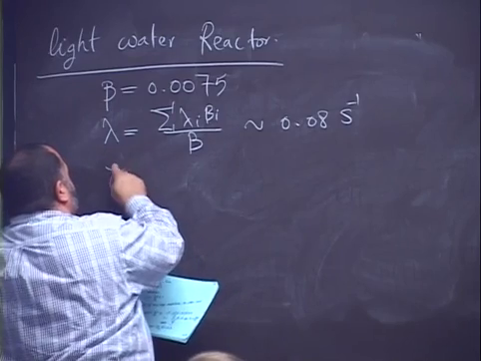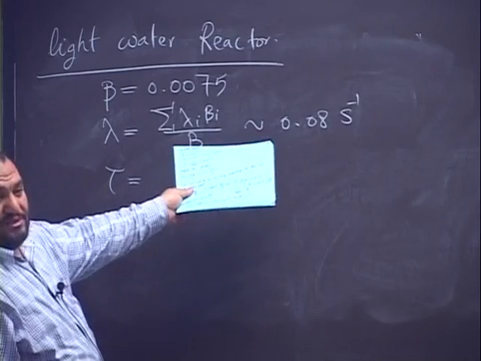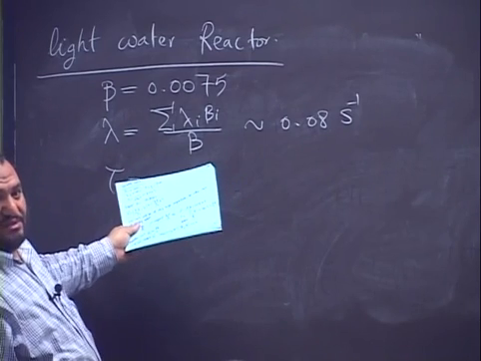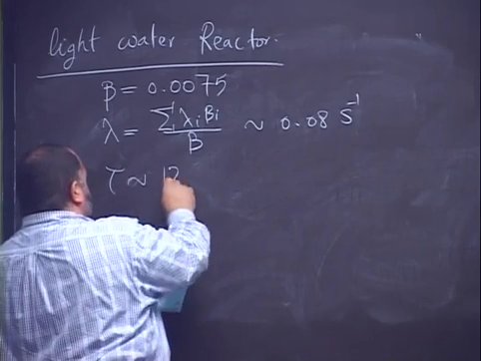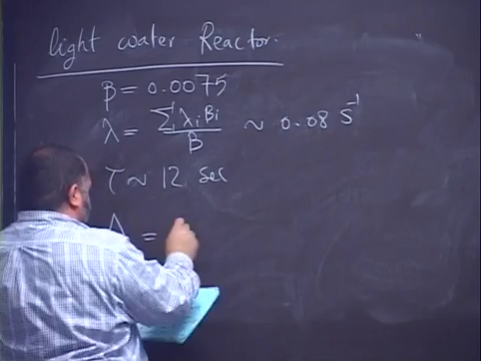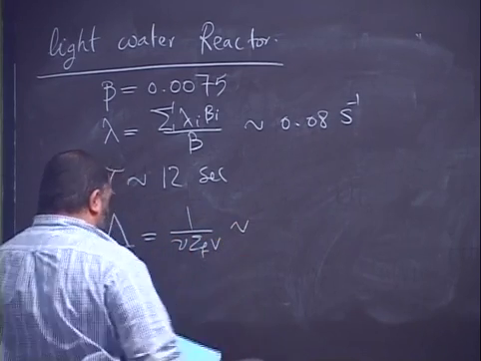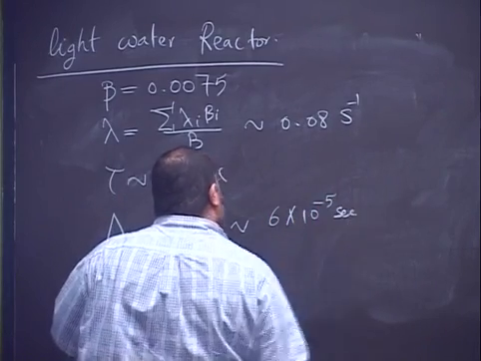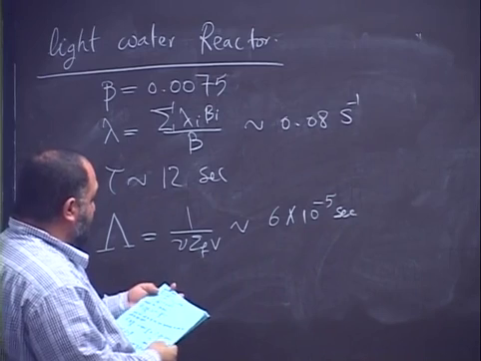And tau, the average lifetime, is just 1 over what? 1 over lambda is tau. ln 2 over lambda is what? Half-life. So tau will be nearly 12 seconds. And gamma is just 1 over nu sigma fission multiplied by V, and this is 6 × 10⁻⁵ seconds. So this is for light water reactor